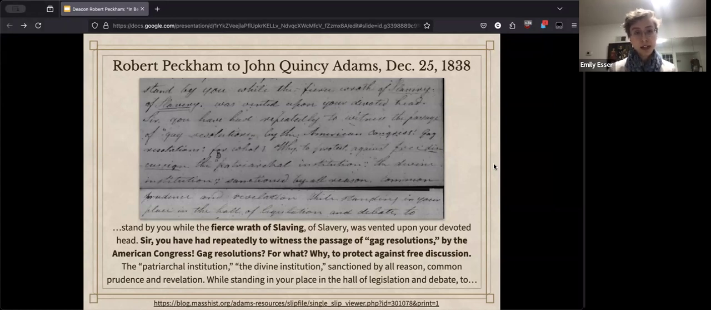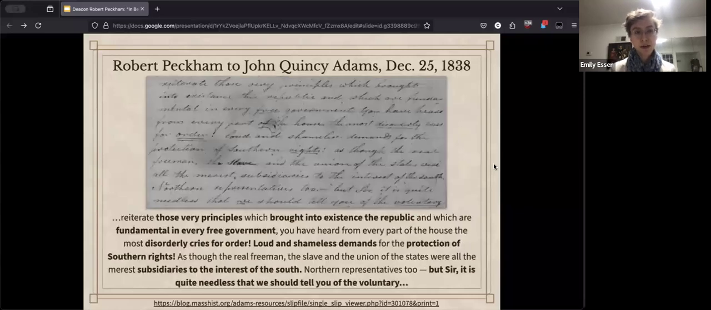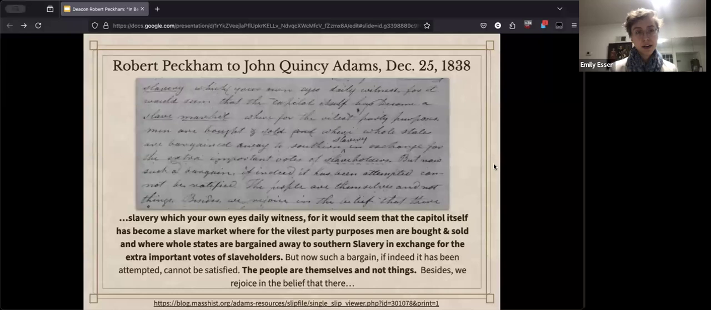While standing in your place in the hall of legislation and debate, to reiterate those very principles which brought into existence the Republic, and which are fundamental in every free government, you have heard from every part of the House the most disorderly cries for order, loud and shameless demands for the protection of Southern rights, as though the real free man, the slave, and the Union of the States were all the merest subsidiaries to the interest of the South. Northern representatives too. But, sir, it is quite needless that we should tell you of the voluntary slavery which